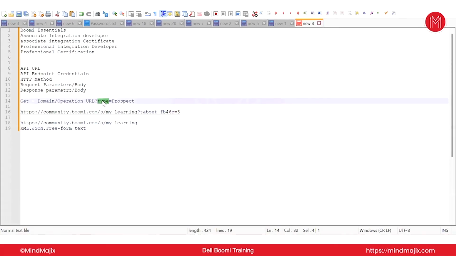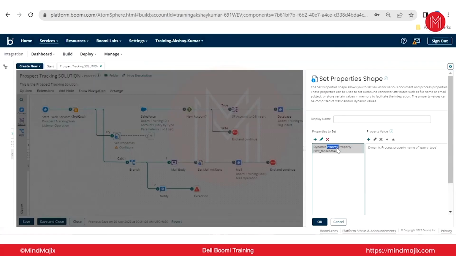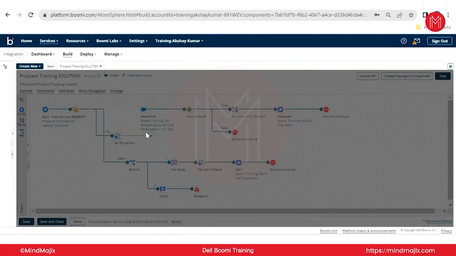Now for our prospect integration, we are going to use type equal to prospect. So in this case, the query parameter is type. Here also I'll be using query parameter type,